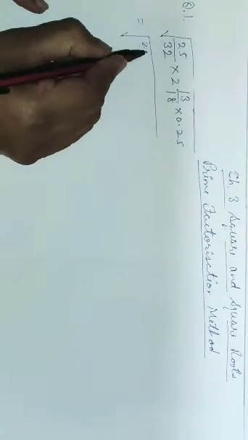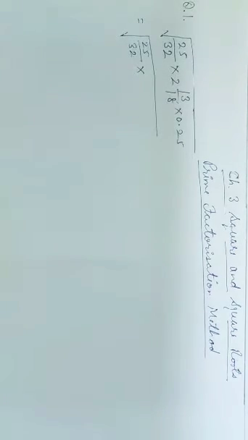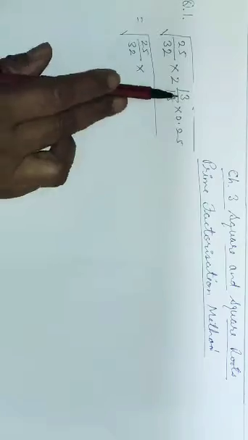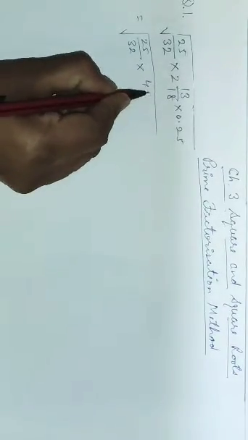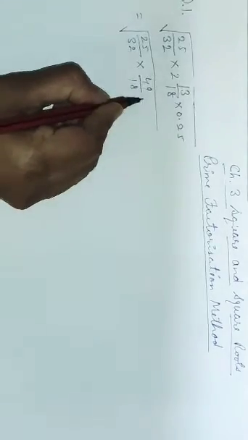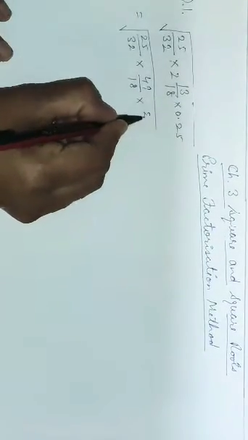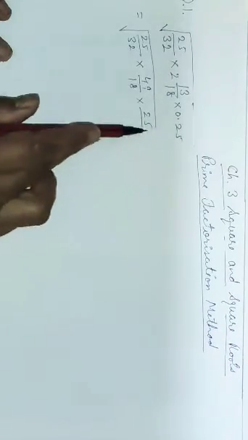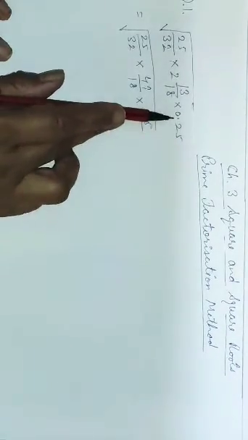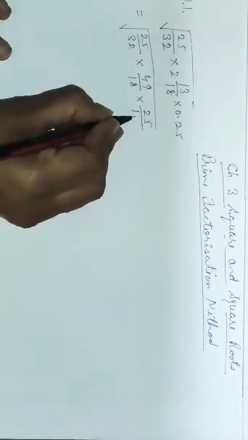First, I am writing the first fraction as it is. The mixed number, I will convert into fraction form. 18 2s are 36, 36 plus 13, it will be 49 by 18. For the decimal number, I will remove the decimal, and by now we know how to remove the decimal. 25, remove the decimal. In place of the decimal, place 1. After the decimal we have 2 digits, so place 2 zeros here.